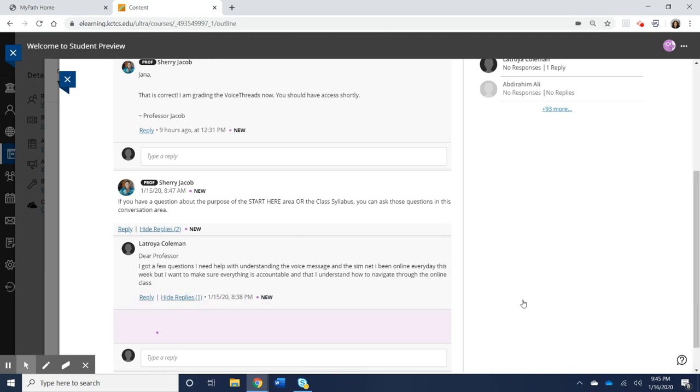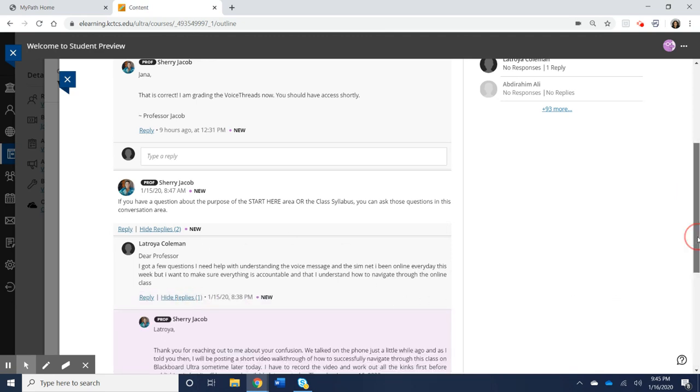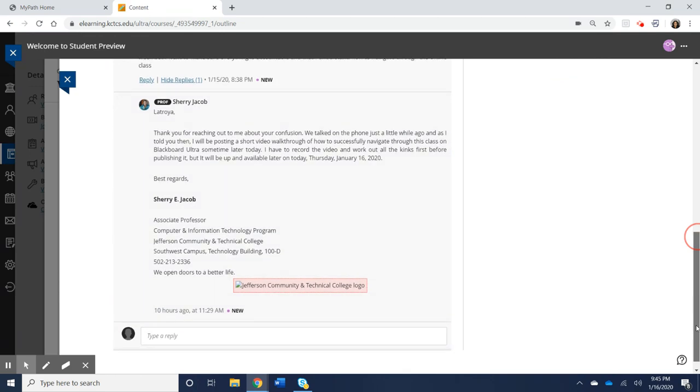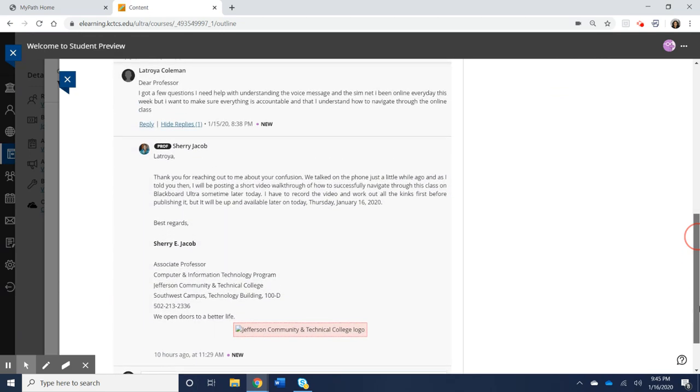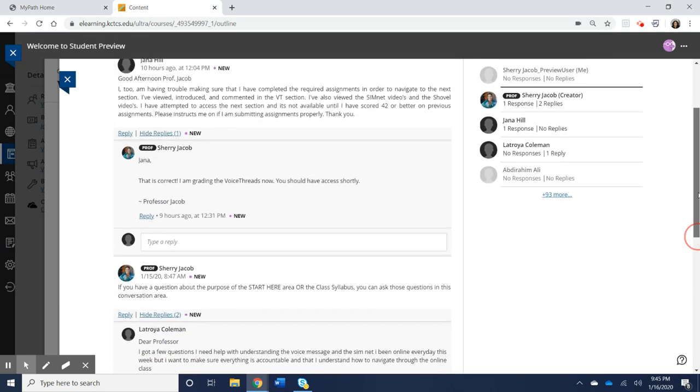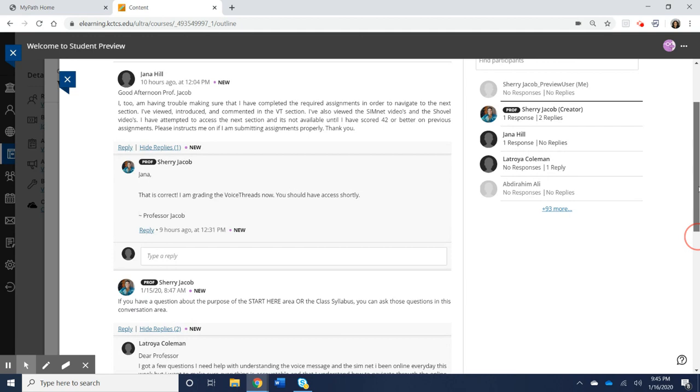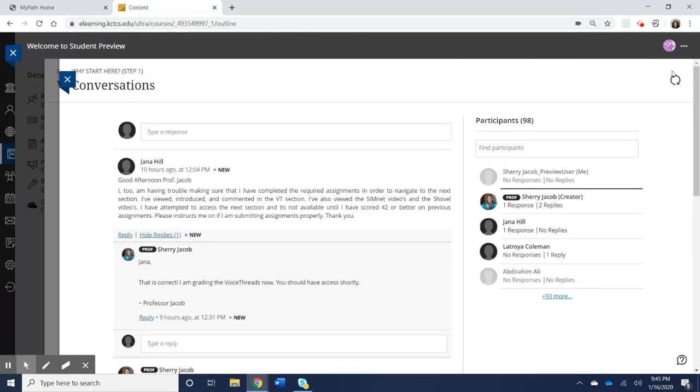Show reply. Okay, so that is the latest posts or comments that have been made in this conversation. Now, this little button here, when you see this appears, that just means that you're reading the latest comments in this conversation. And if you want to refresh the conversation, you can to see if there have been any new